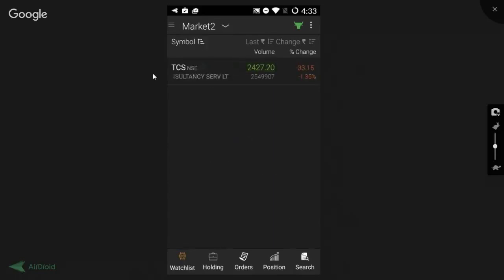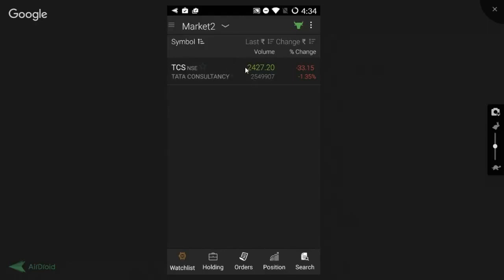So as we see, there's a script that has been already added by default. So when we create a market watch, one script gets added by default. Okay. So over here again, there is symbol name, the script that we've added, the last traded price of the stock. It fluctuates in real-time base. The volume.